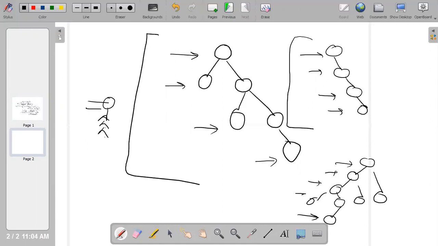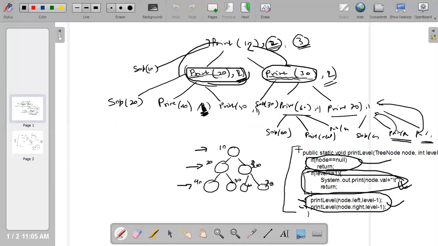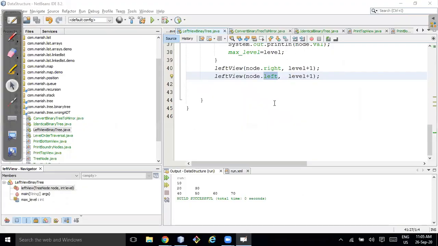Okay. The problem is you need to print the left view of this tree. This is the problem. Try it first. I'll give you 5 or 10 minutes, and then after that I'll explain. And I would say just use this same concept. Only maybe one or two places you need to think about. Just think about it. If you don't think on your own, I think you will find it difficult.